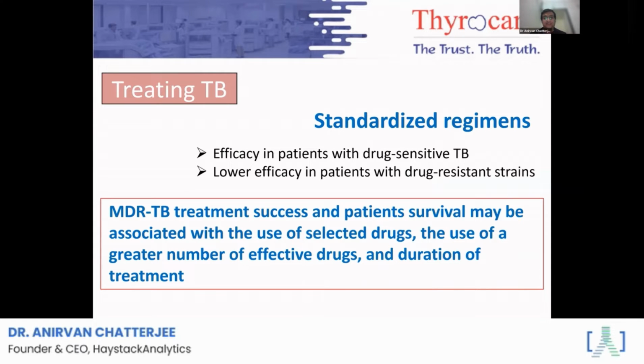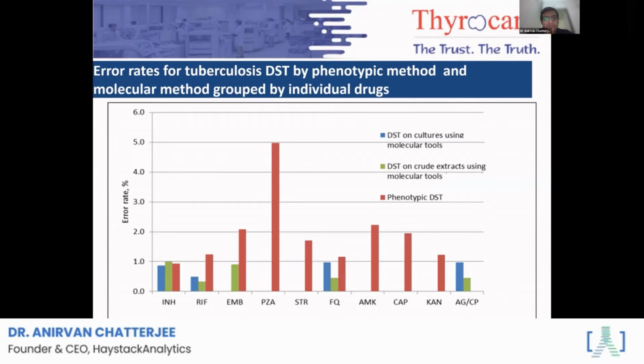So this is the standardized regimen for tuberculosis. This is very well understood. This is very well updated by WHO and other agencies of the world. And the success of this treatment in the patient is associated with the use of the selected drugs. And the greater number of effective drugs that are put in, the better is the treatment outcome. The challenge, of course, has been on the technological side. As universal DST has been rolled out, it has become more and more challenging